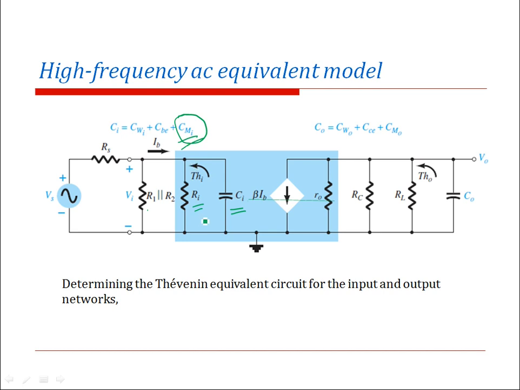Okay, now this is the Thevenin equivalent circuit we are considering for the input and Thevenin equivalent circuit for the output. We are going to see that. Before that, just see what is the output capacitance Co. It is a wiring capacitance at the emitter side. Then CCE you have. Then the Miller output capacitance, which is representing the relation between the output and input.